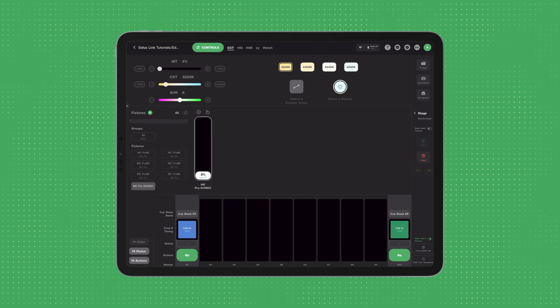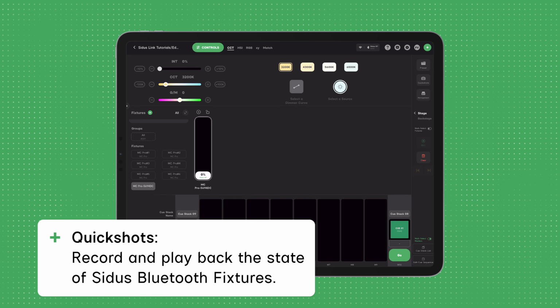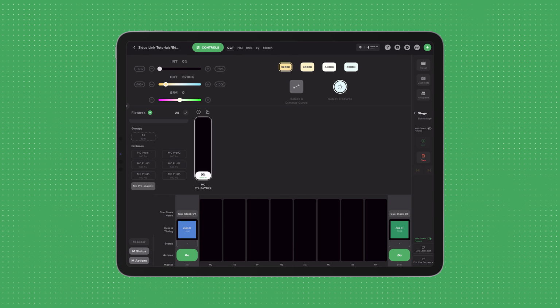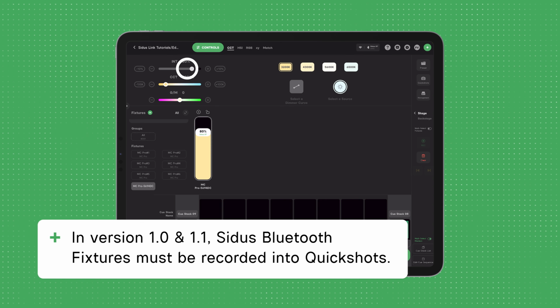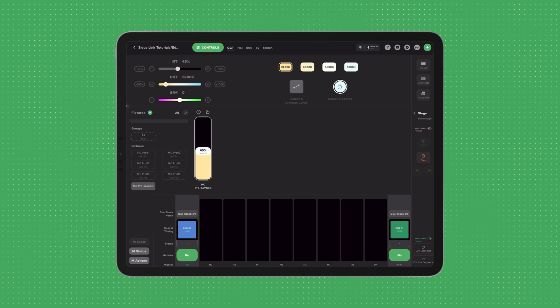For our users familiar with Quickshots from Sidus Link, they are included here in Sidus Link Pro as well, and they work with the same behavior as they did in Sidus Link. In Sidus Link Pro version 1.0, Sidus Bluetooth fixtures must be recorded into Quickshots, and DMX-enabled fixtures must be recorded into queues. This means that any Sidus Bluetooth fixture you have patched without using DMX will not be recorded into